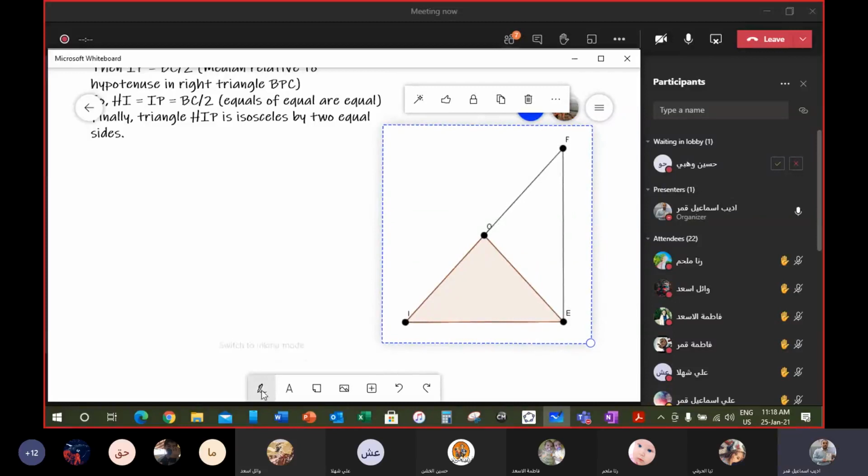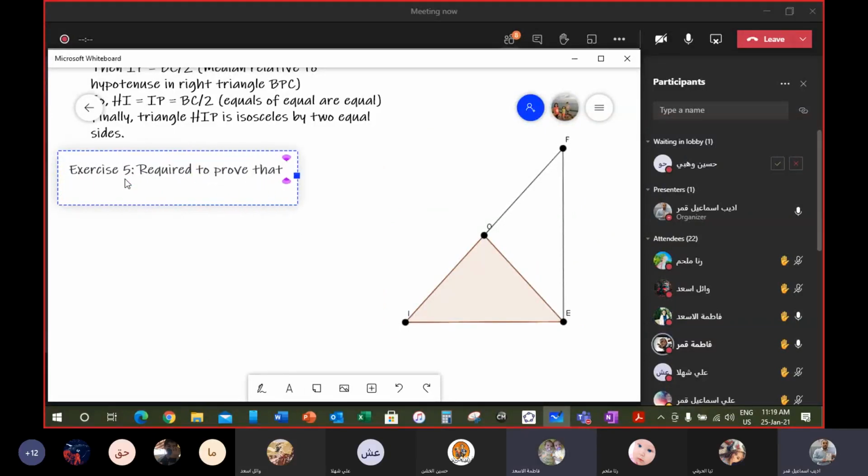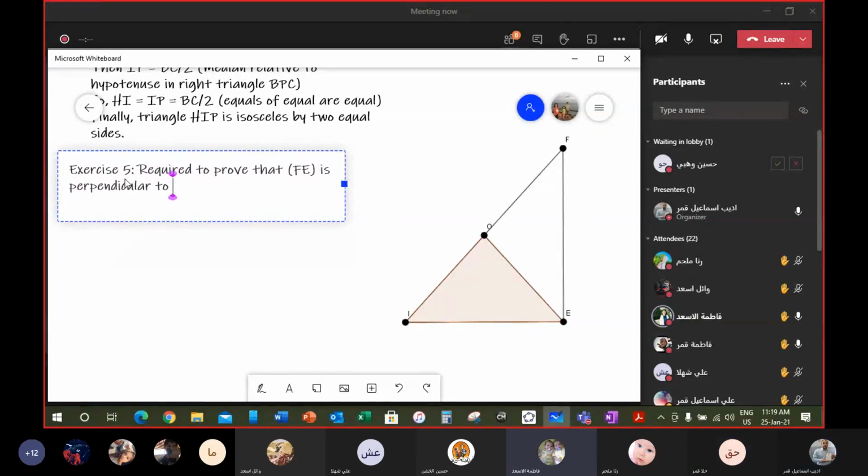This is exercise 5. شو قلنا بالاكسرسايز 5 شو مطلوب من برهن؟ Required to prove that FE is perpendicular to IE. Mute your microphones. مين ببلش؟